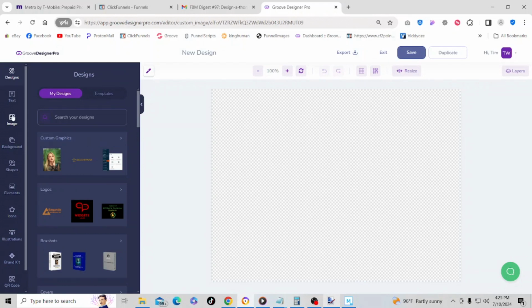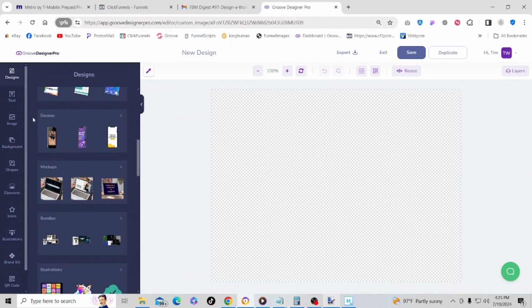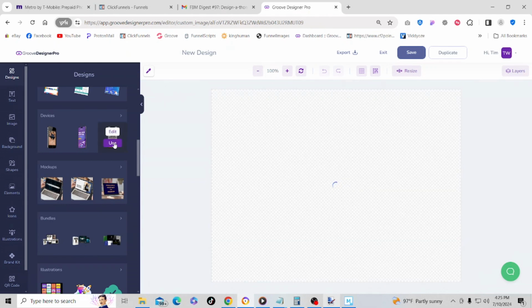And so what we want to do here is go to Designs, and then under Designs we want to look for Devices right there, and since they're the last 3 templates created under Devices, they're right there. So we'll go ahead and choose Use on this one here. This is going to be the one in the middle,